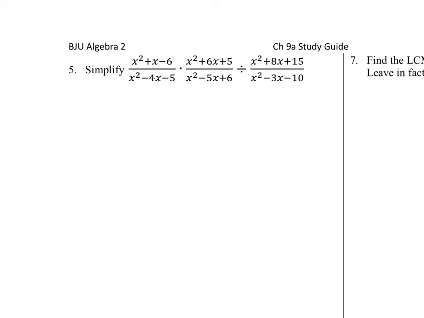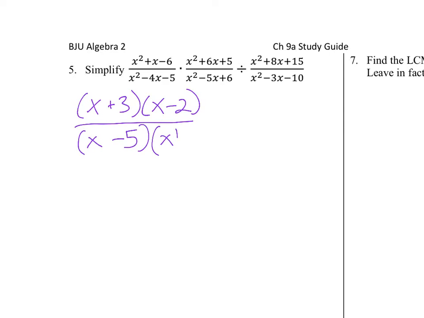Now I do the same thing. I have to do a lot of factoring. x minus 3, x plus 3, x minus 2, factors of 6 that subtract to 1. Factors of 5 that subtract to 4 are going to be 5 and 1. The larger is negative. I'm multiplying that by the factored numerator here. Factors of 5 that add to 6 are 5 and 1 again. So I have x plus 5, x plus 1 over